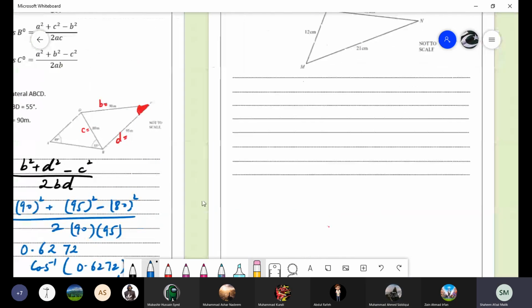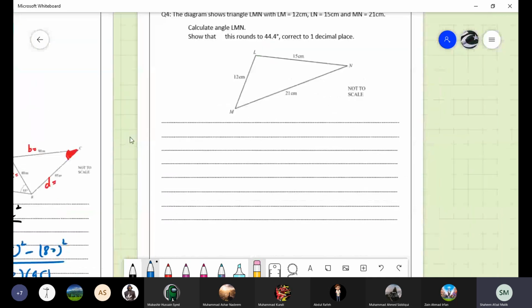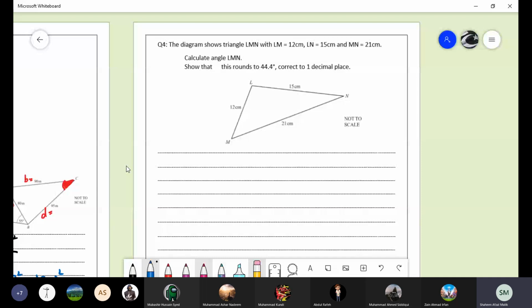Who wants to solve the last question? Very easy. The time is about to be over. I will just write the formula, then you can complete it. No one is answering? Ma'am, can I? Then you have already done. Where is Hassan? Hassan Bajwa. Yes, ma'am. Solve the question quickly. We have only 1 minute.